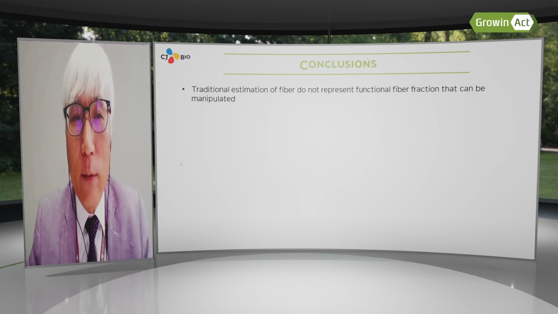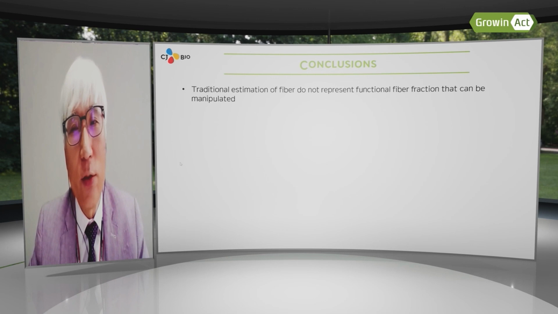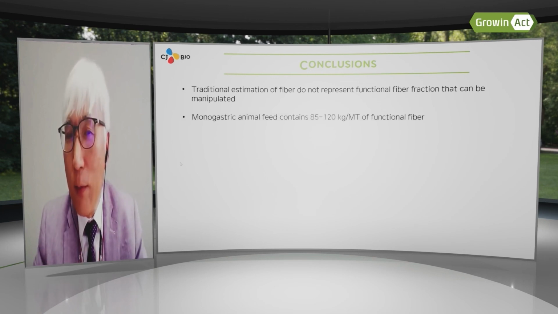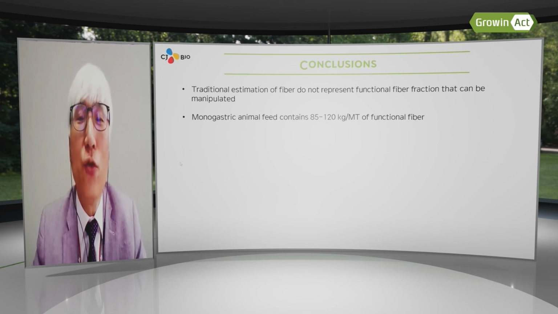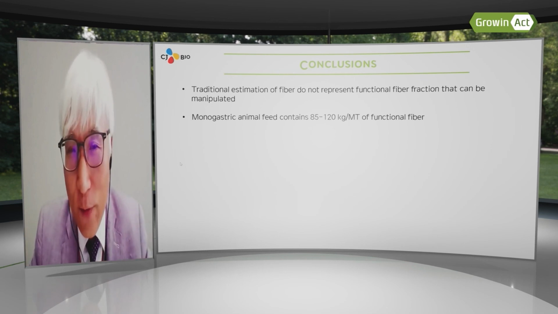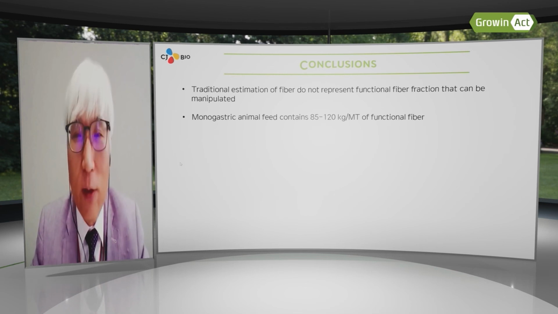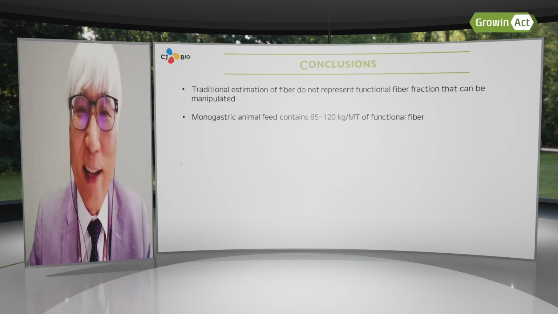That's all my talk. If I conclude, traditional estimation of fiber does not represent the functional fiber fraction that can be manipulated. Monogastric animal feed contains 85 to 120 kilos of functional fiber per metric ton of feed, which is a huge amount of the functional fraction. We've been taught that it's a useless fraction and anti-nutritional factor, but it contains about half of very, very valuable functional fiber, which you can actually manipulate if you wisely select